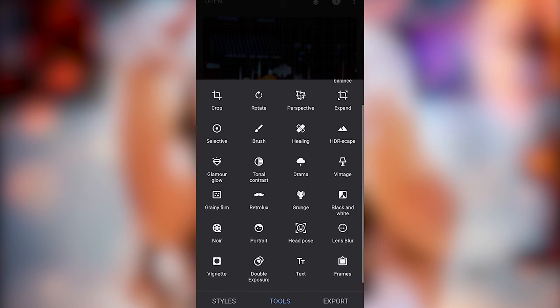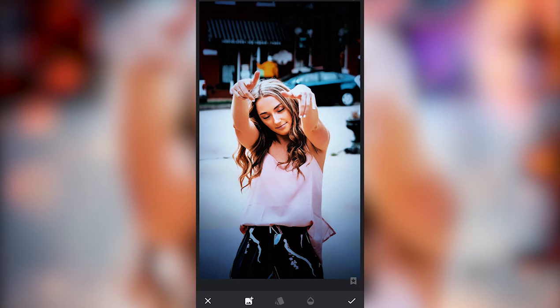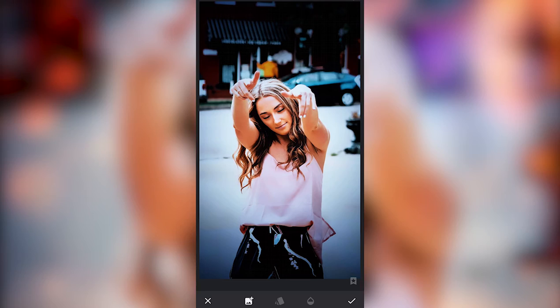Now you can see there is Double Exposure. Click on it. Now you can see there is a plus icon on the gallery sign. Now in Double Exposure, you can see there is a sign on the gallery. Click on this to select a photo,